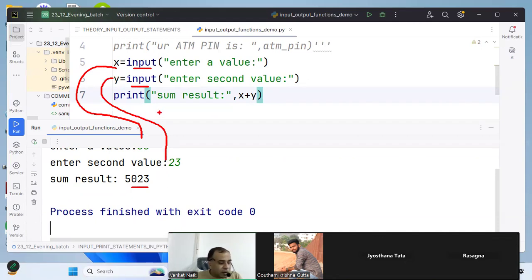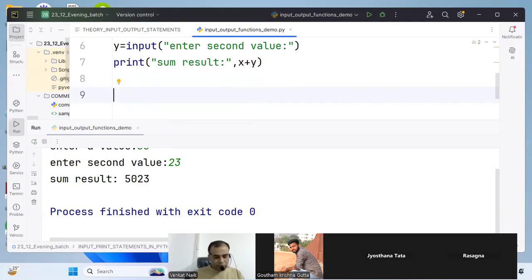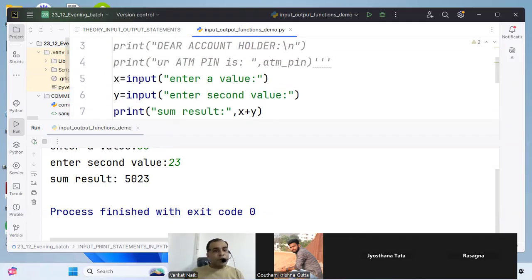How do we convert them into a meaningful numerical value? Obviously here there is a concept called typecasting. The concept is mandatory. Absolutely. What appropriate typecasting we have